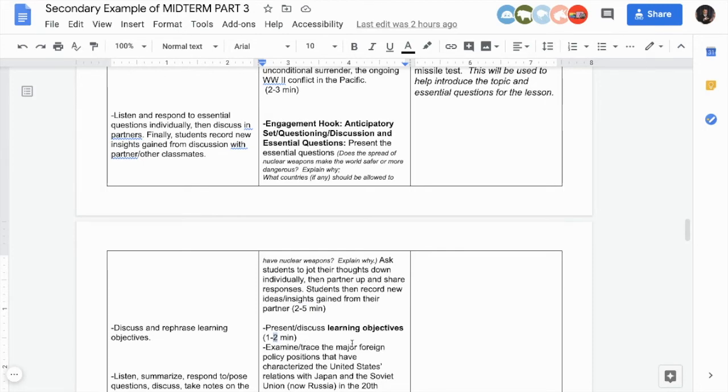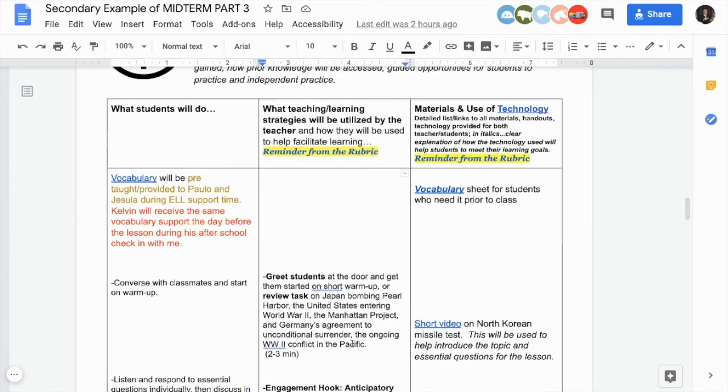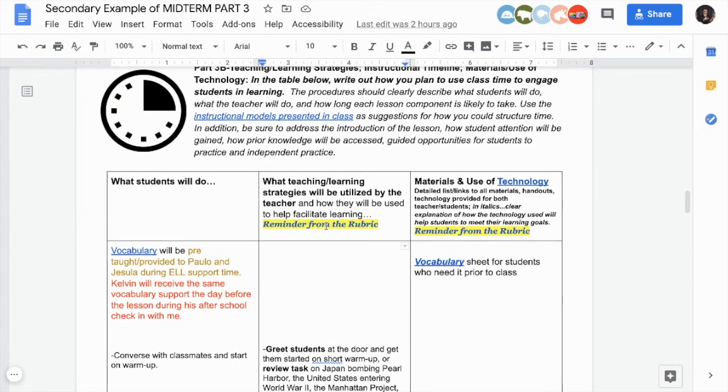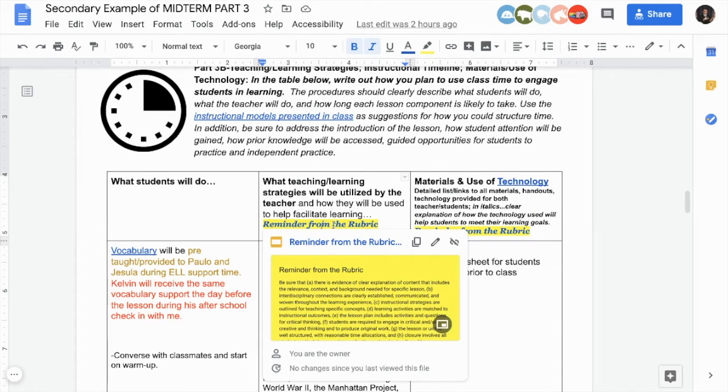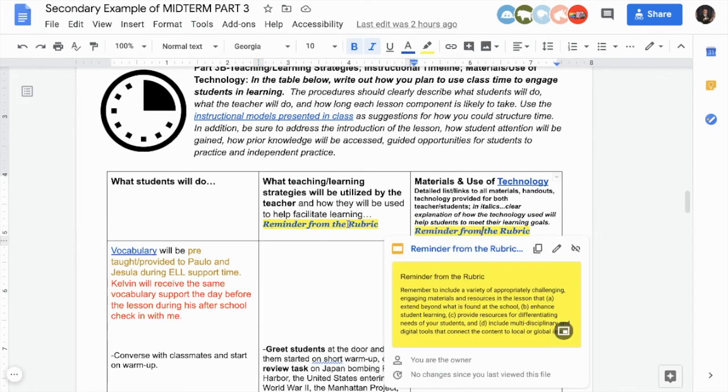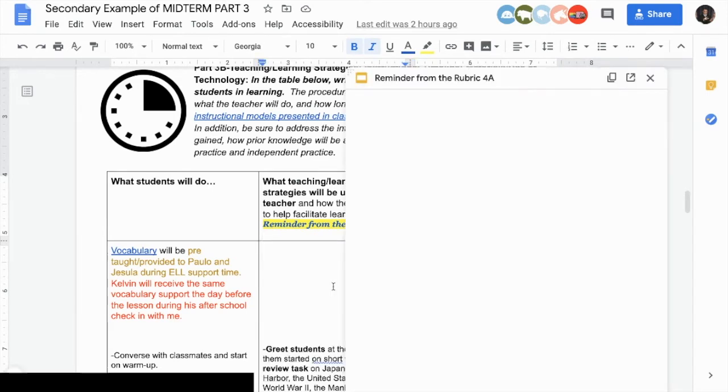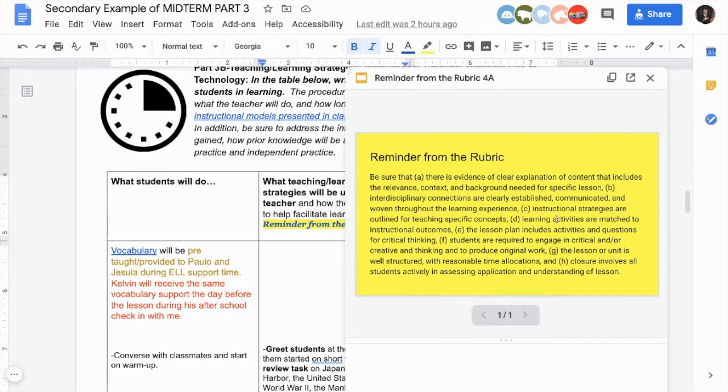In addition, it's very helpful to always look for these little pop-ups from the rubric. Reminder from the rubric, reminder from the rubric. Because as you look at the rubric, you can see any other elements that you might need to include. You might, for example, see that on the rubric it says you'll be evaluated based on interdisciplinary connections that are clearly established. So what you could do is copy and paste that label, put it into your lesson plan where it actually comes up